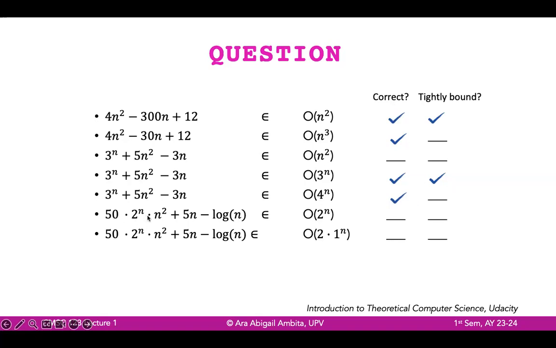So what about this one? 50 times 2 raised to n times n squared plus 5n minus log of n. So what would be the answer here? So we are going to focus on this part. Is this being bounded by 2 raised to n? In this case, it is wrong. Because as you can see, we still have 2 raised to n times n squared here. So we have to consider also the n squared term. So it is not correct and it is not tightly bound. But if we have 2 raised